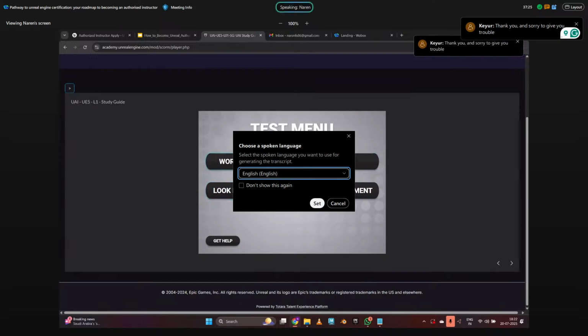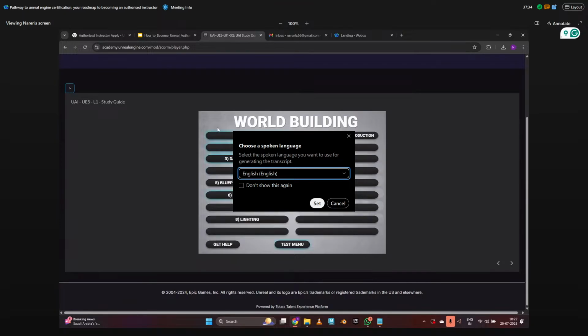So world building is nothing but creation of any digital world or any open world. If I go and click into that, they have this many topics. So 1, 2, 3. First will be the launcher, editor, data management, blueprint and visual scripting. It will be very less, but there are around 5 to 10 questions. Then we have the world building specifics, material, lighting, and cinematics and visual production. It will be mostly rendering, camera, setting up the camera and rendering.